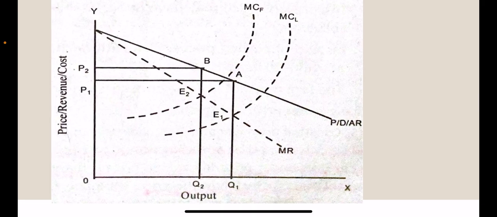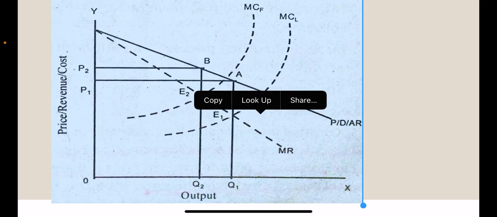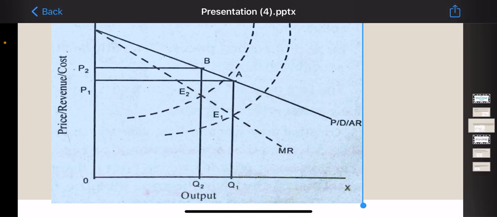And in the next point we can see that OQ2, OP2 and the output and sale of OQ2. Here the price of firm L is less than that of firm F, as we mentioned above. In this graph also we can see that what